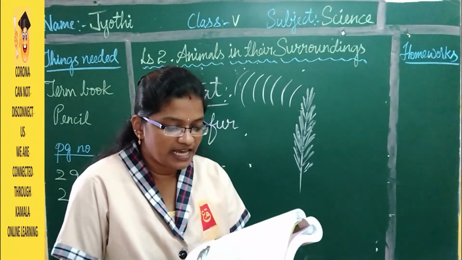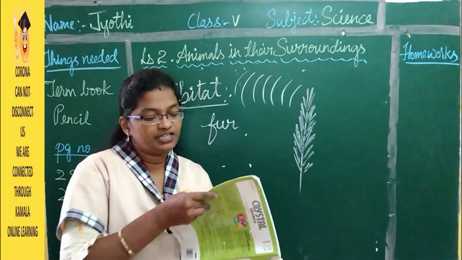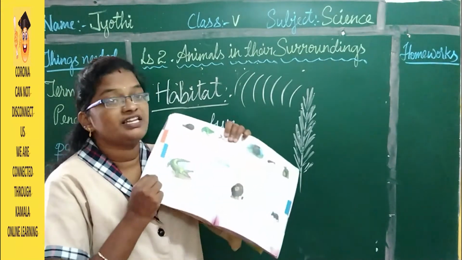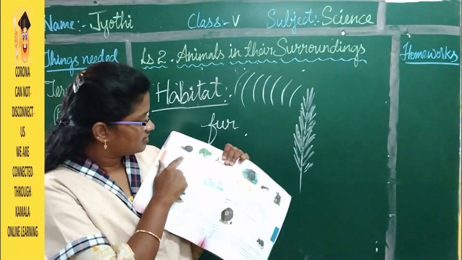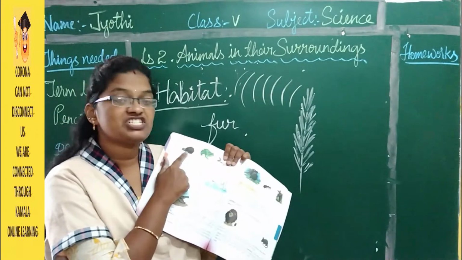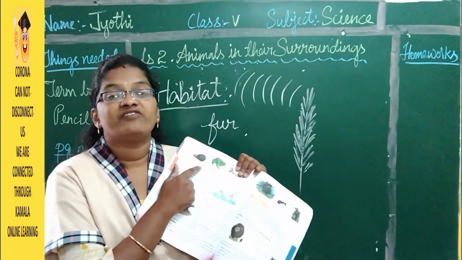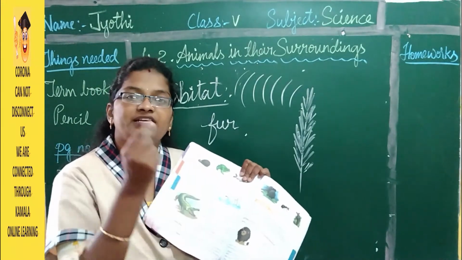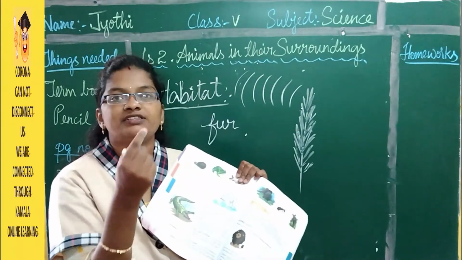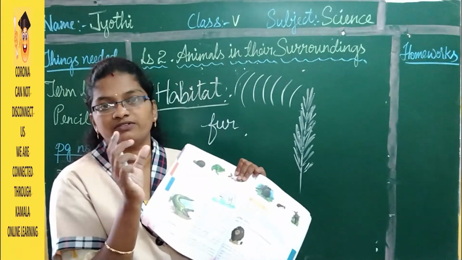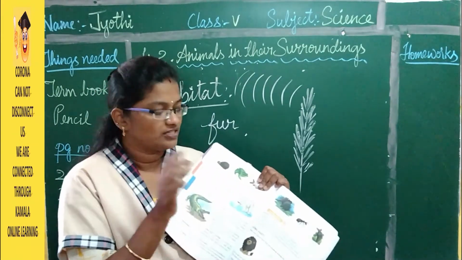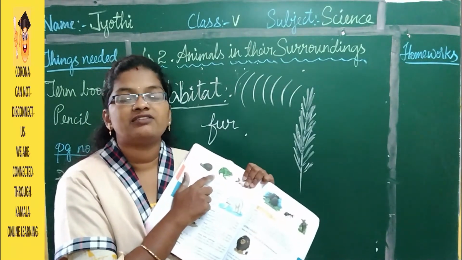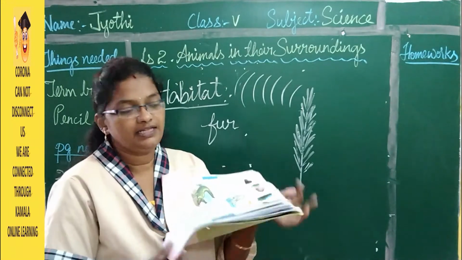Then mollusks have shells. If you turn the page you can see the mollusk, a snail. They have shells like this. They have very hard shells, and the body of the animal is very soft. They don't have any bones. So the body of the animal is very soft, but they have a shell which is very, very hard and tough.